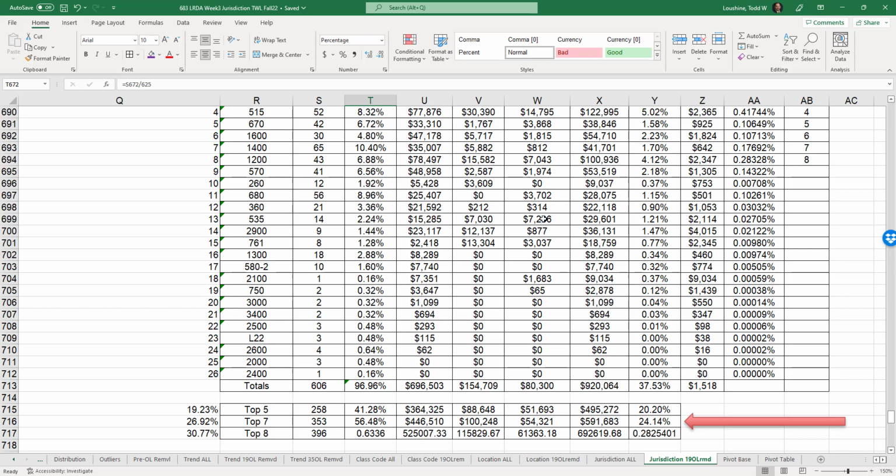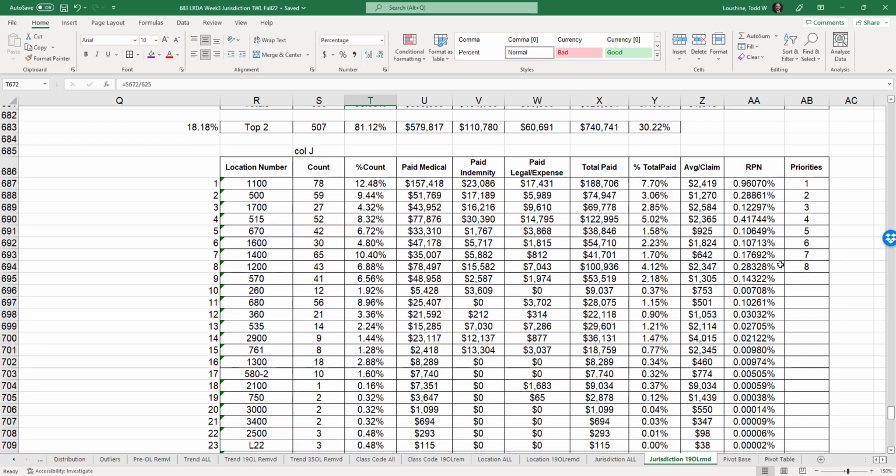Is there any value in there? And the ones that don't have anything in them, which are usually the lower priorities, we'll just let those go. And we'll just try to focus on the ones that have more claims, more benefits paid. And then we can trend those to find out, are they going up? Are they going down? Are they staying the same? Is it indeterminate because it's all over the place? But that'll give us our basis for doing things the way we've been doing it, changing nothing. This is what the company can expect in the coming years.